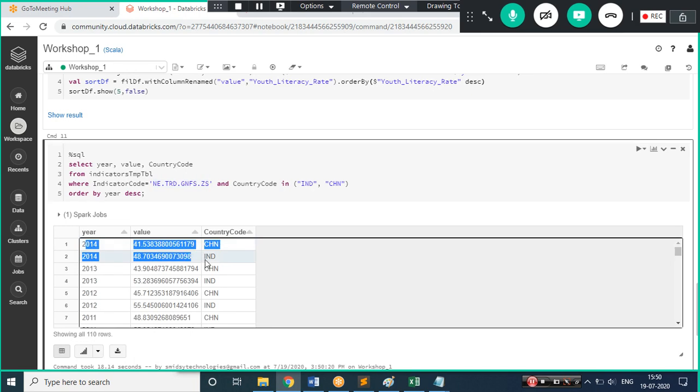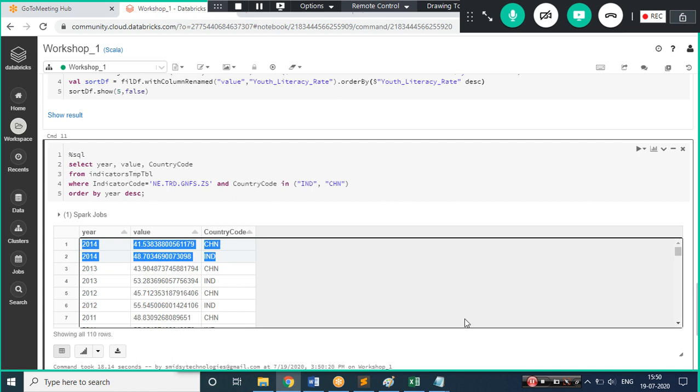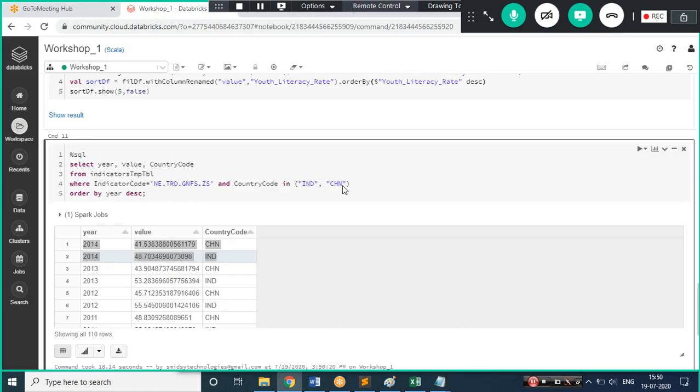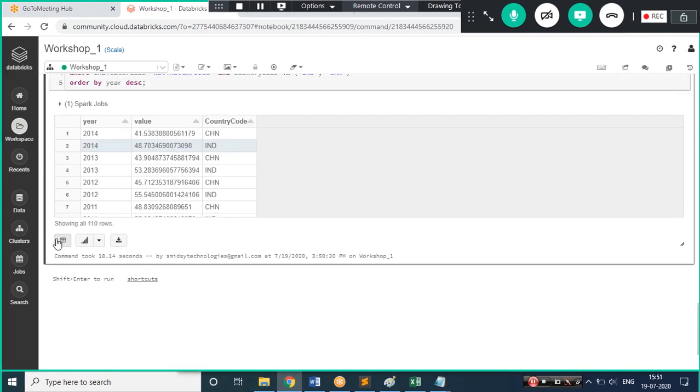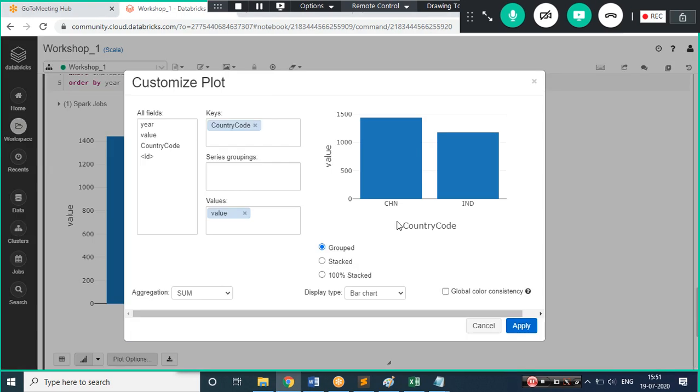So it is comparing side by side. I'll just take the first 2 records for the comparison. So that is 2014 between India and China. Okay, so we'll try to compare with my data frame, which will be created a bit later. The same thing, you can do with charts. By default it creates a bar chart. You can change it depending on your needs.